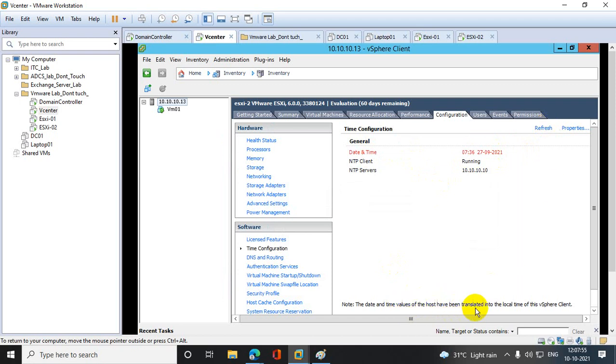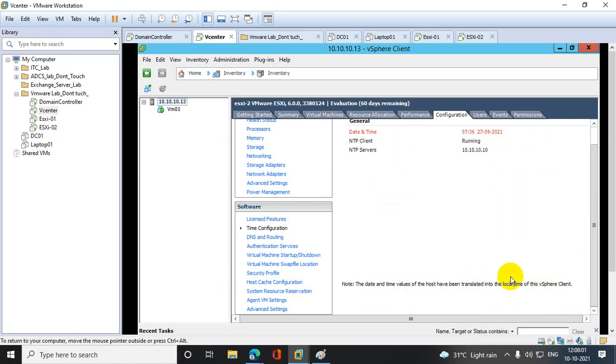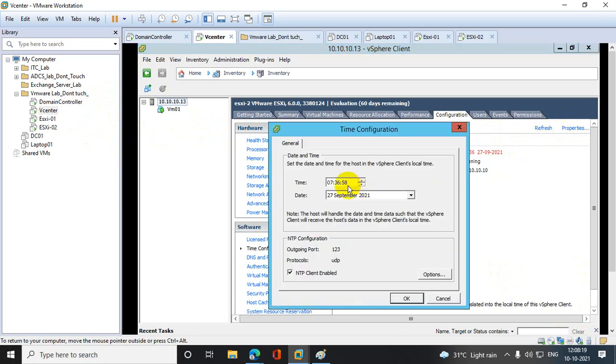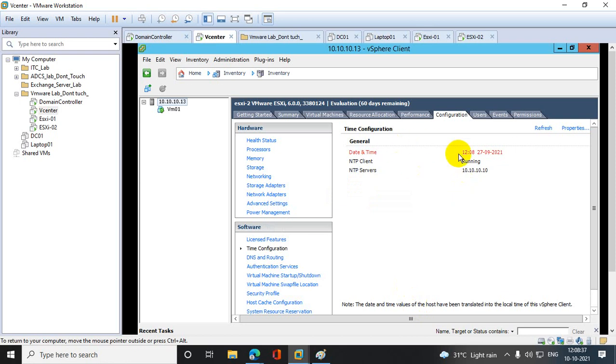The date and time values of the host have been translated into the local time in the vSphere client. It's taking a long time. That is a problem. Still it's not showing.